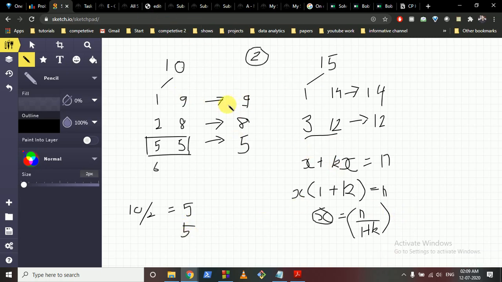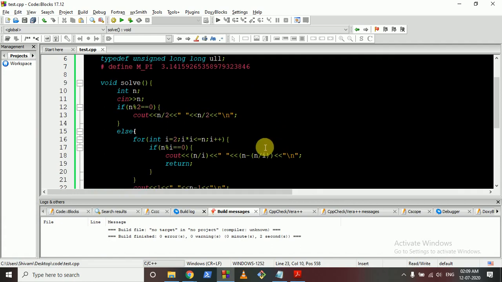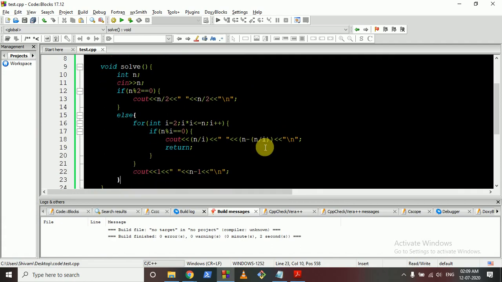But you can observe this for even, so you can directly write it. If this is an even number, you can just divide n by 2 and n by 2. Else for odd, you have to find the smallest factor, and for finding the factors of n, you can just iterate from 2 onwards. You could also take 1, because 1 is also a factor, but we only take 1 if it is a prime number. Else we don't actually need 1 as a factor. We have to find the smallest factor which is not equal to 1, but if it's a prime, then the factor is 1.